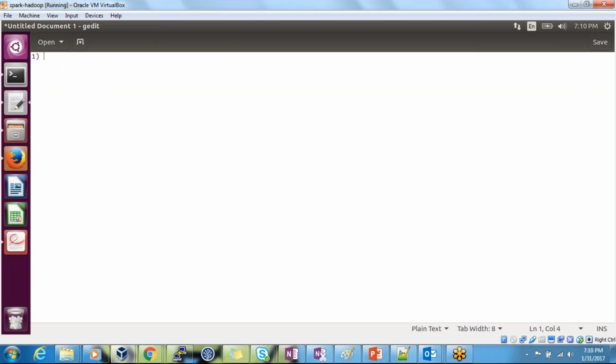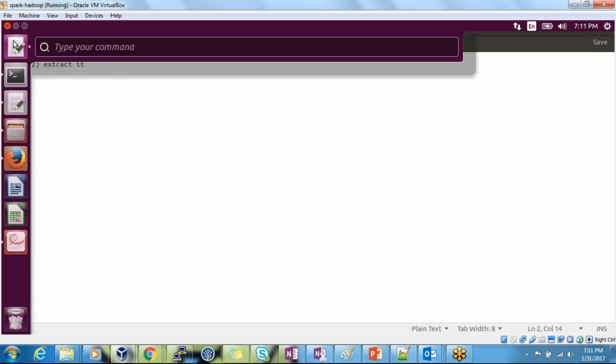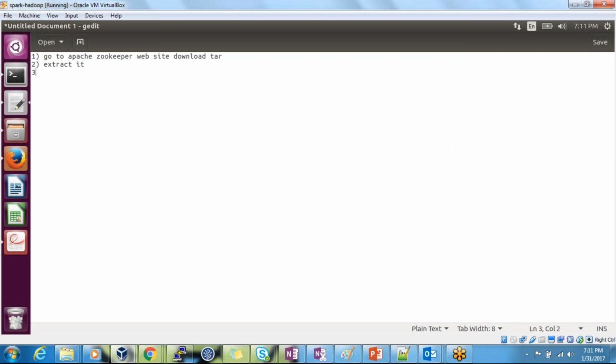So there are multiple ways to install a Zookeeper, and the first one is, similar to how we did for other installations, go to the Apache Zookeeper website, download the tarball, extract it. After extracting it in the required location, set the class path,